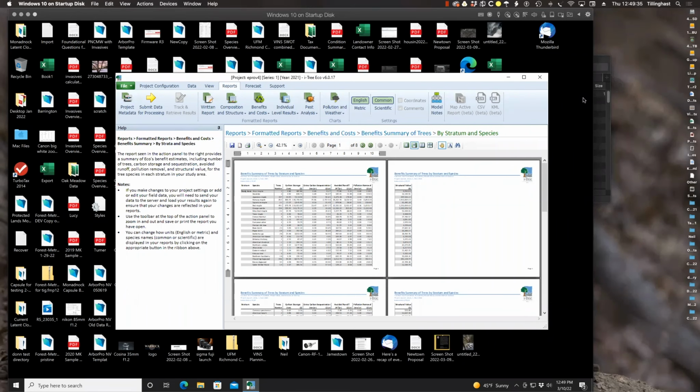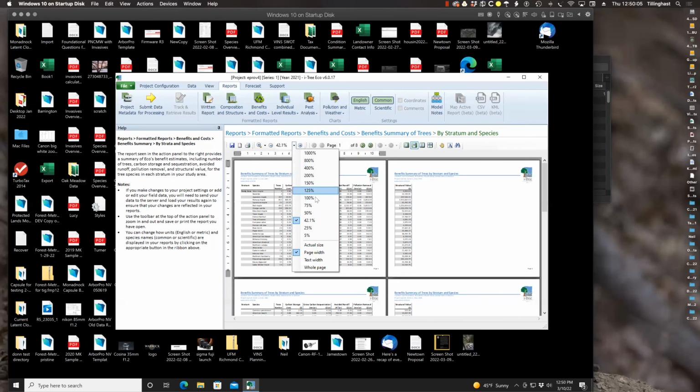Okay, so I went and located a project file from a couple months ago that we ran and is actually finished, and we can actually see the report. And it would look like this. After going to the track and retrieve results, it would download this, and essentially we'd have an index of different PDF reports, and I just happened to choose the benefits and costs by trees. Essentially, it's going to show us some of the benefits by the tree species. So if I zoom in here,